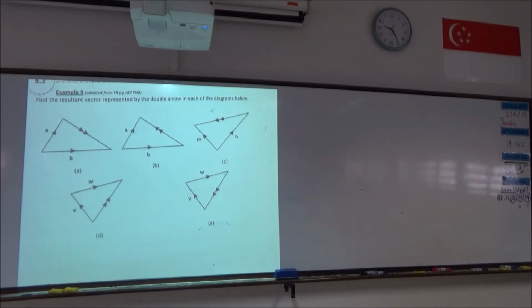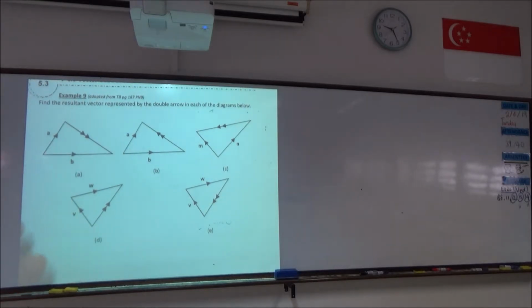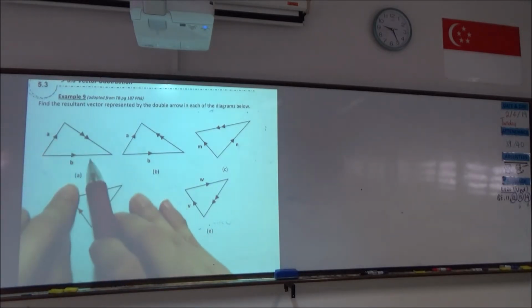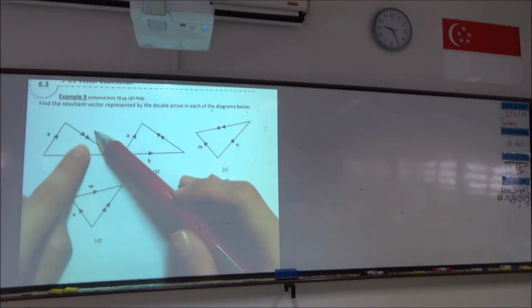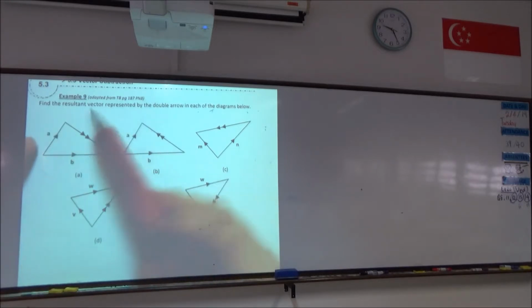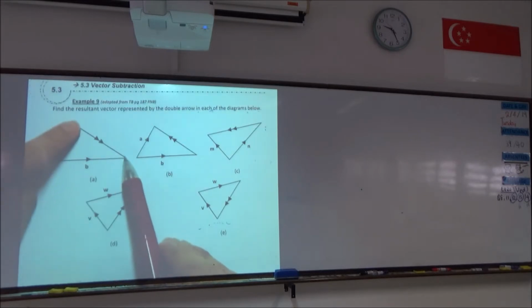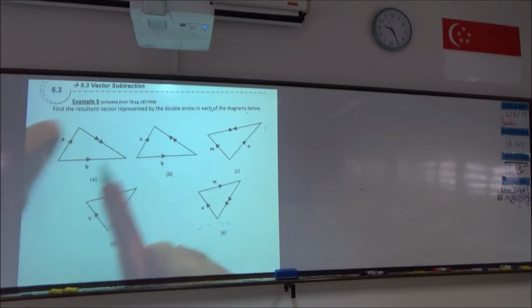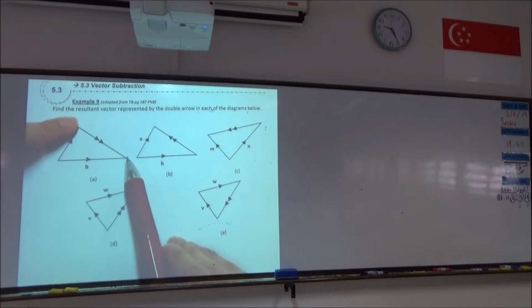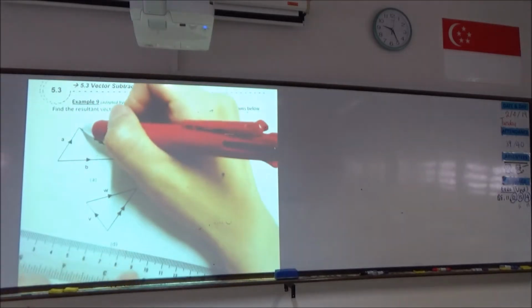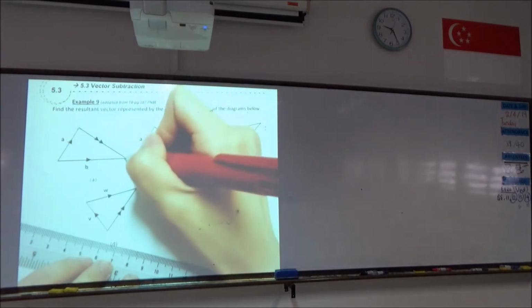Okay, so example 9, we want to find out what is the resultant vector represented by the double arrow in each of the diagrams below. Resultant vector means that I want to find out what is the combination of A and B that allows me to have this resultant vector. Looking at A being like that and B being like that, what do you think is the combination of A and B that would allow us to have this vector here? If I look at the start point, which is here, and the end point to be here,